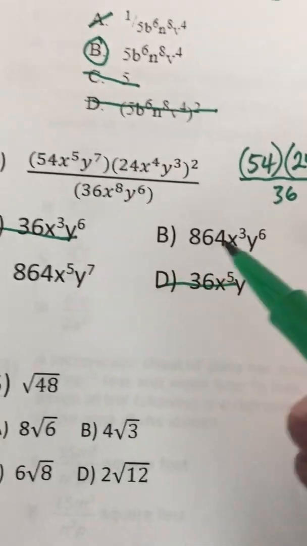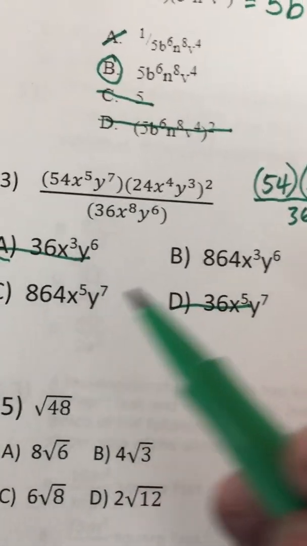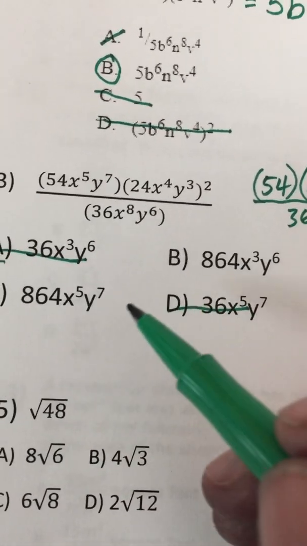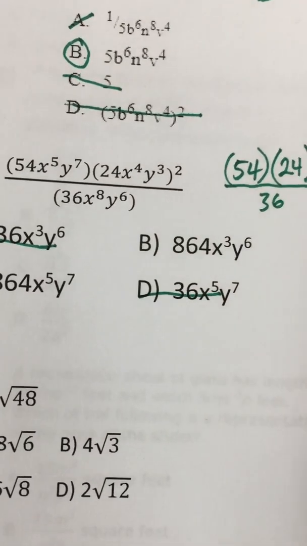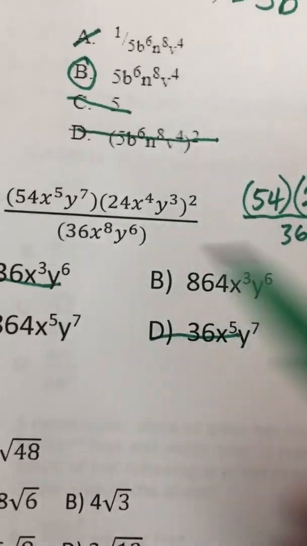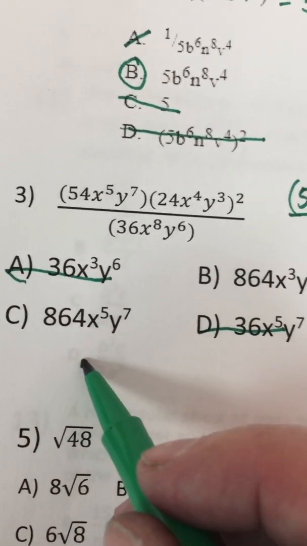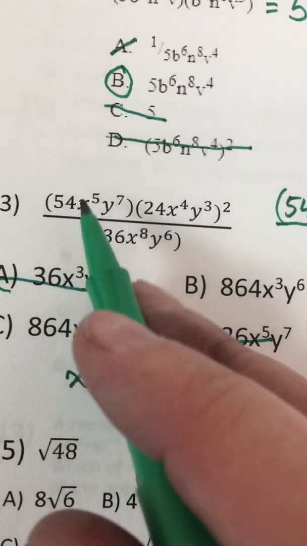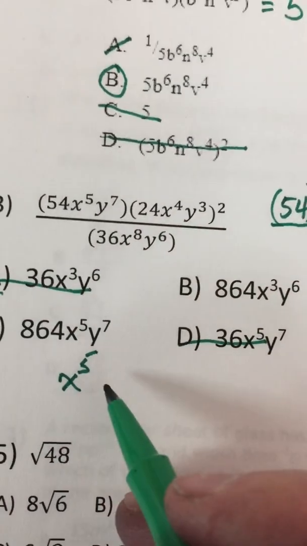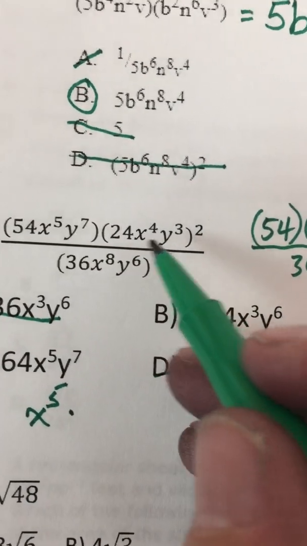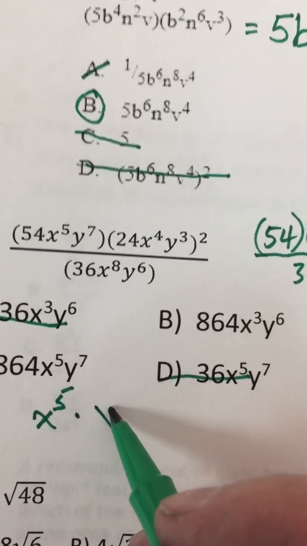Now, I have x to the 5th and x to the 3rd. So I could just do the x's and get the answer, or I could just do the y's and get the answer. I'm kind of partial to x's, but you could do whichever one you want. So if I'm going to rewrite this over here, I'm going to do it down below. I've got x to the 5th in the first piece, that's the only x, times x to the 4th, and this one is in parentheses,